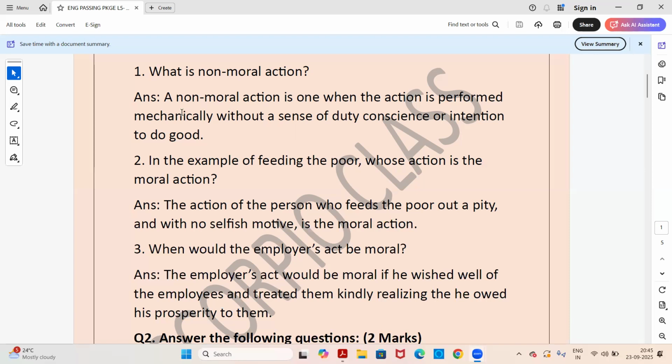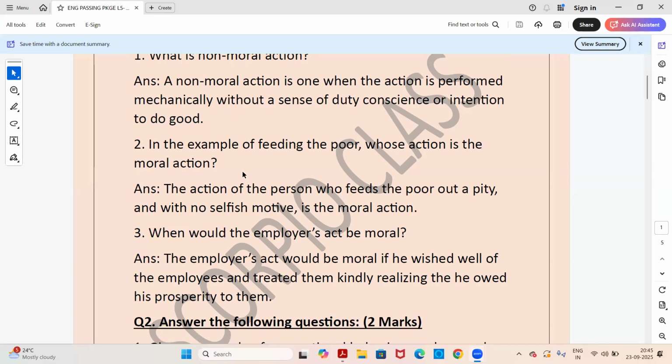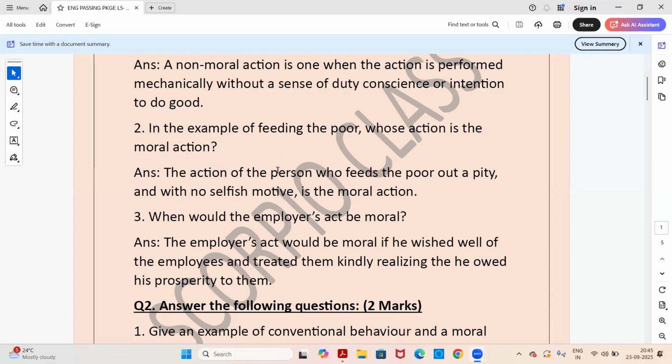Answer, a non-moral action is one when the action is performed mechanically without a sense of duty, conscience, or intention to do good. Second question, in the example of feeding the poor, whose action is the moral action? Answer, the action of the person who feeds the poor out of pity and with no selfish motive is